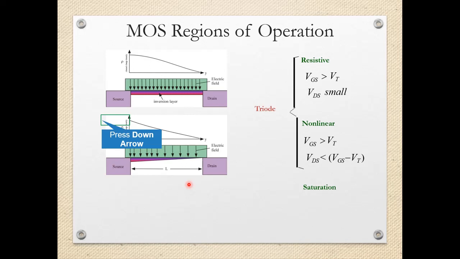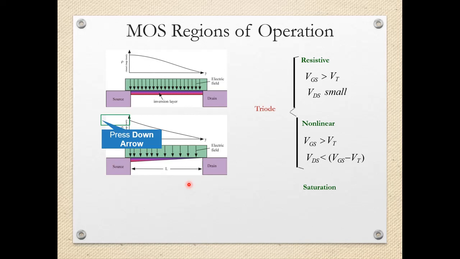So increasing VDS to a value greater than 0 leads to the current ID, and near the drain the voltage responsible for the inversion is VGS minus VT minus VDS, and thus smaller than the voltage at the source. And the channel acts like a linear resistor, and that's why the region of operation is called the ohmic region of operation.